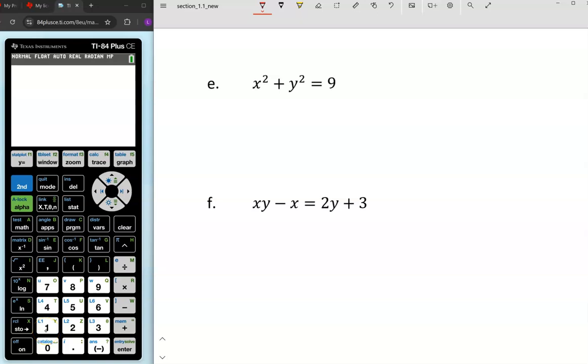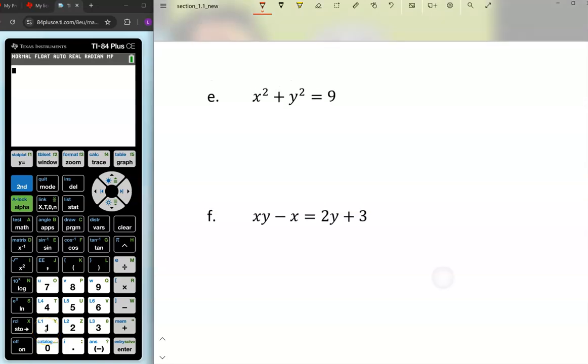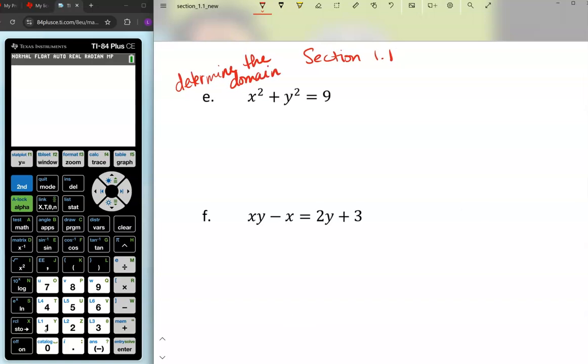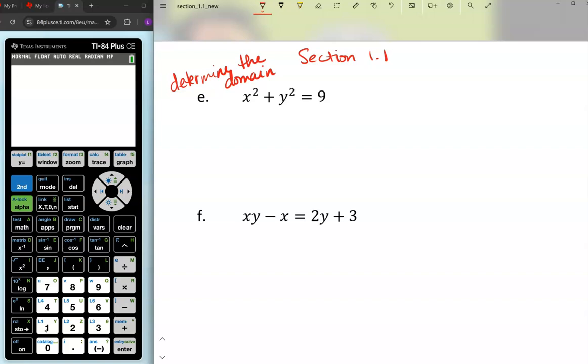On the next page of our workbook, we're still in section 1.1, dealing with functions. We have a continuation of the example that we ended the last video with, which is namely, determine the domain. So we're going to determine the domain and declare if it's a function or not as we take a